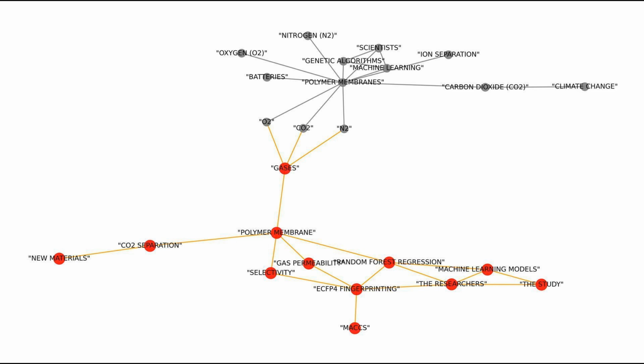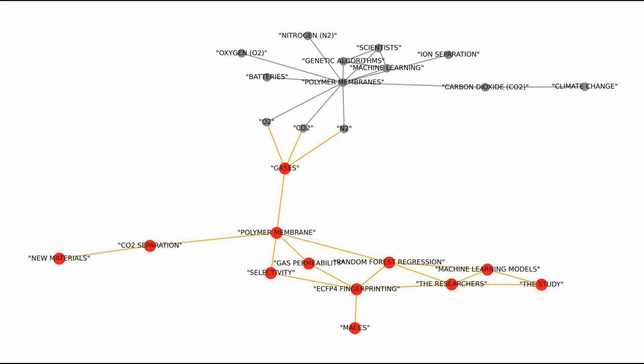to help these trees understand the polymers better. So the researchers employed a technique called SFP for fingerprinting. Think of HFAP4 as a unique barcode for each polymer that really captures its important features about its structure. This barcode has 2048 bits, which basically means it can represent a lot of different characteristics of the polymer. So when the model looks at these barcodes, it can learn how different structures relate to their ability to let